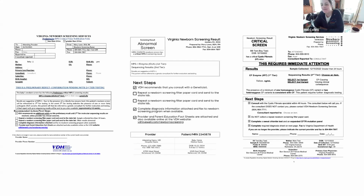No, so if we're talking about our current panel that we just went live with, which is the next gen sequencing, if it's a single mutation, we still list it as abnormal. Okay. We do too. Because I know that everyone joining this call knows this, but there's still the potential to have CRMS. We had a child recently who had a single mutation on our previous